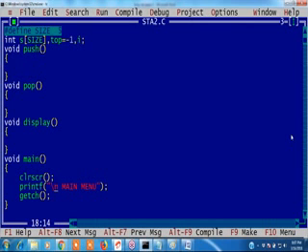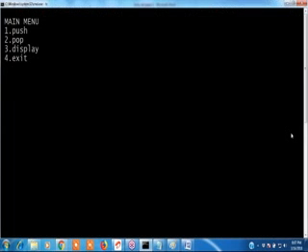Okay, what are the operations I want to display? Here I want to write a display, right? First, what I'm writing: printf. What are the operations? Push operation. One is push. What is the second operation? Slash n. Second operation is pop. Third operation is display. And fourth operation is exit. See, these four operations will be displayed: push, pop, display, and exit.